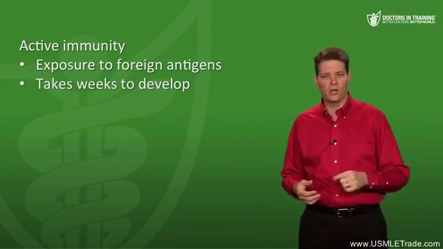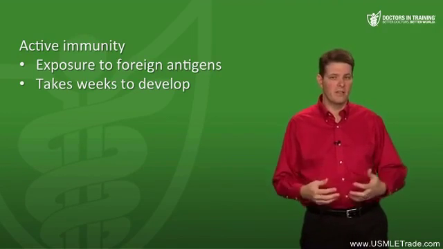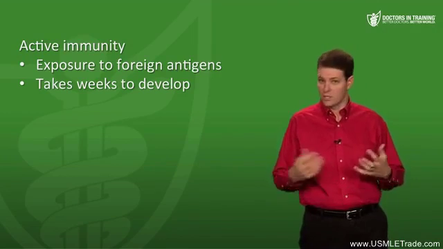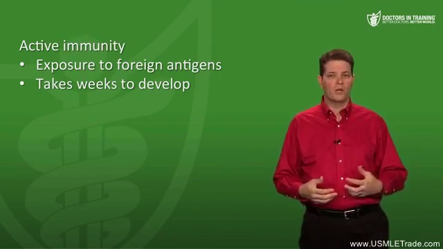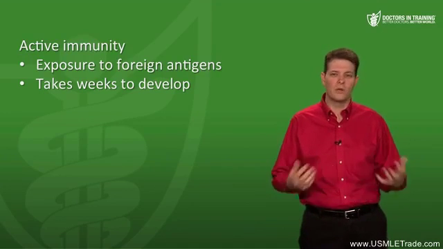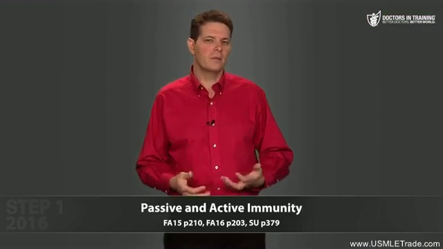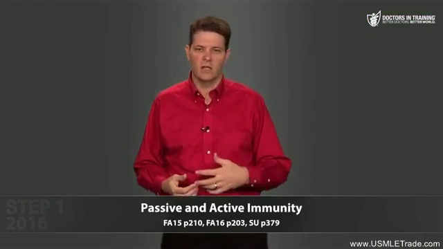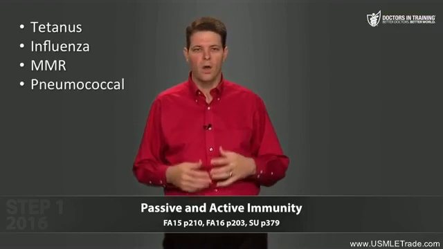So with that first exposure, in addition to ramping up the production of T cells to fight the infection and ramping up B cells and plasma cells to produce IgM and eventually IgG antibodies against that pathogen, you're also generating memory T cells and memory B cells, which can stick around for long periods of time and provide that active immunity. So most of the immunizations that we routinely give, like tetanus, influenza shots, MMR, pneumococcal vaccines, all those are